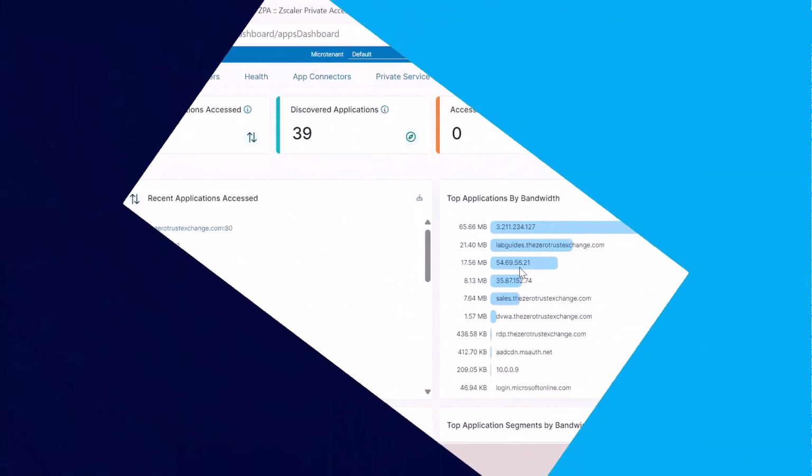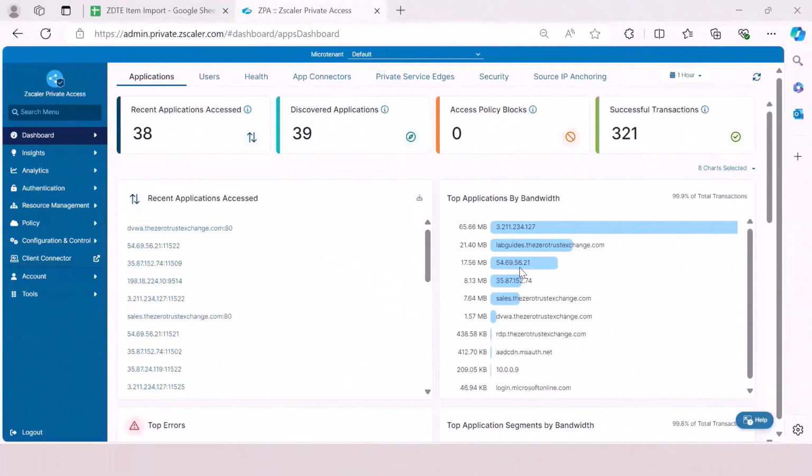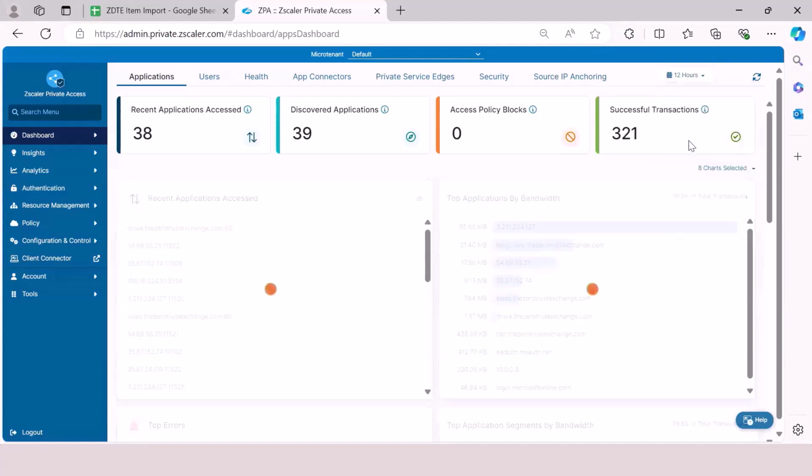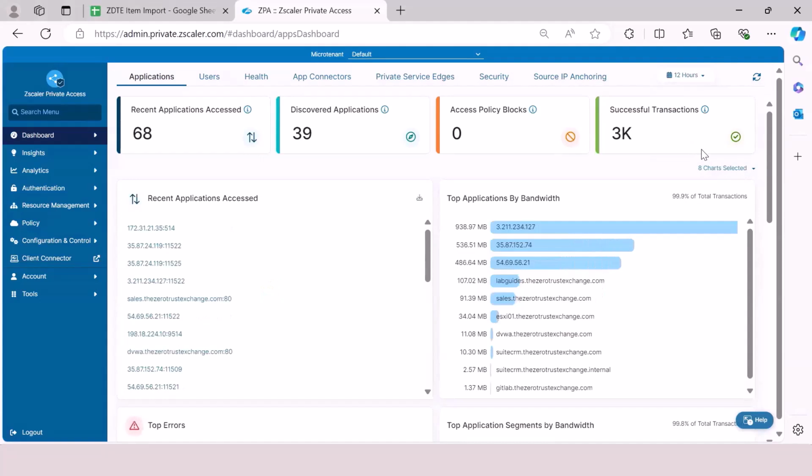Let's look at the different dashboards and analytics available to us in Zscaler Private Access. So in the dashboard view, I can select a different time frame up to 14 days. We store up to 14 days of logs for Zscaler Private Access before they're expunged from the administration interface. And of course, the logs can be streamed through the log streaming service to your SIEM to analyze for longer